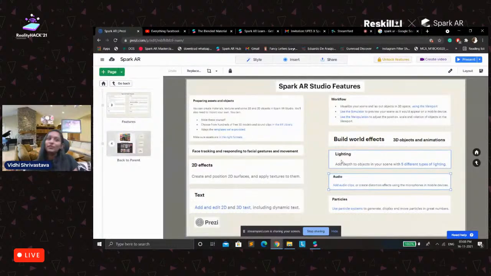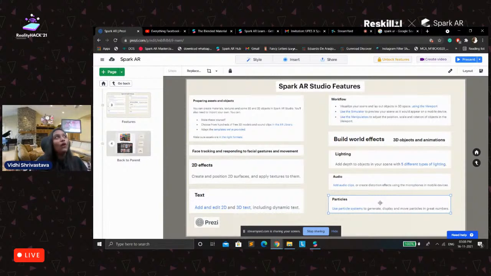If you talk about images, you can of course use PNG and JPEG images. And if we talk about audio, then it's the M4A format, so you should take care of it, not MP3. Then we have the particle system. Particle systems are something like snow falling, stars going up or down, or smoke effects and rain effects. All these things fall under particle systems.